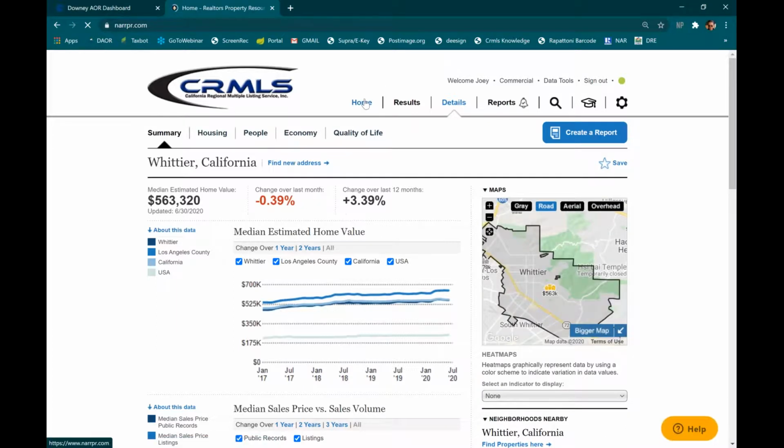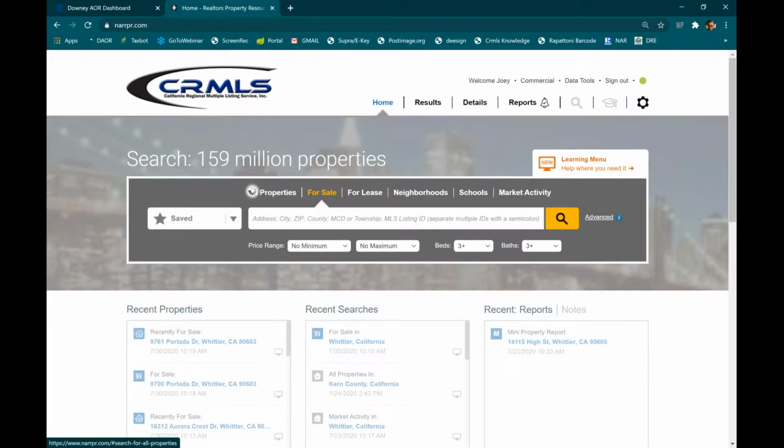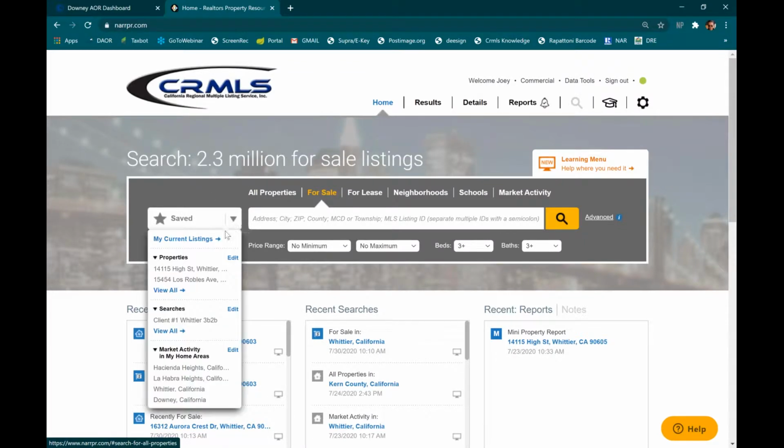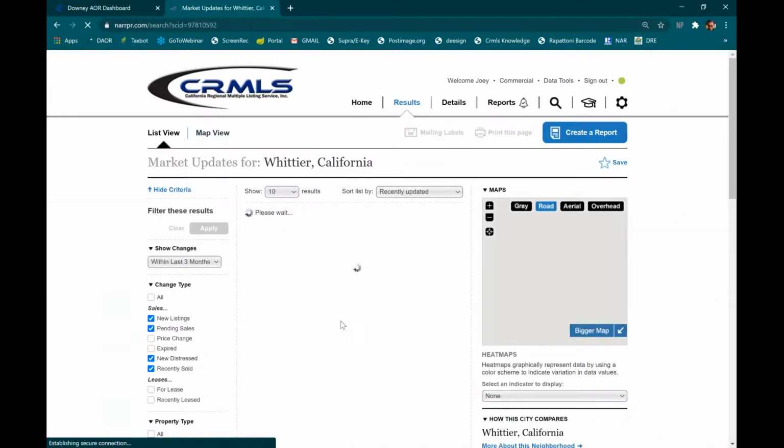So I'm going to come back home. And now I'm going to show you all the properties we save. We see we have the option for those saved properties. Here in this save section, this is where we get our market activity in our home areas that we defined in our settings. To automatically prompt and pull, it will pull up the market activity for